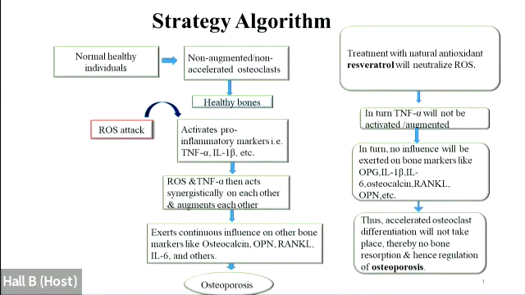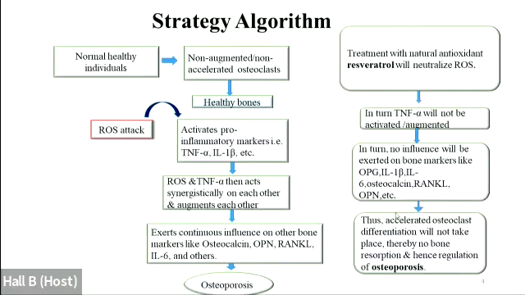The strategy algorithm that we try to adopt here is this: we know in normal healthy individuals, there are not accelerated levels of osteoclasts, and there is a kind of homeostasis maintained between the osteoblasts and osteoclasts, thereby the persons have healthy bones. But in conditions where the reactive oxygen species levels are increased, which activates pro-inflammatory markers, which start acting synergistically on each other and augment each other's level, and exert a continuous effect on other bone markers,